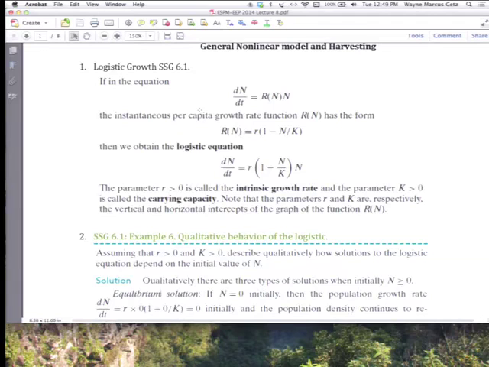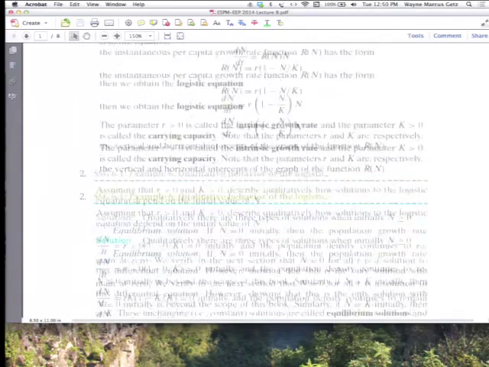What happens when I integrate this? What's the solution? It's the exponential equation. N at time t equals N0 e^(rt). Remember that. I went over this in one of the earlier lectures, and I said you've got to remember this. Now, in the same way, you can integrate this, and when you do, if you go to the textbook,